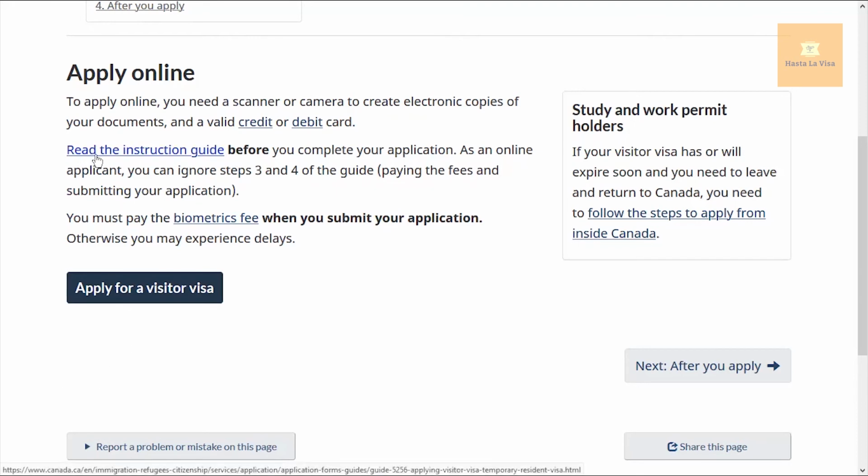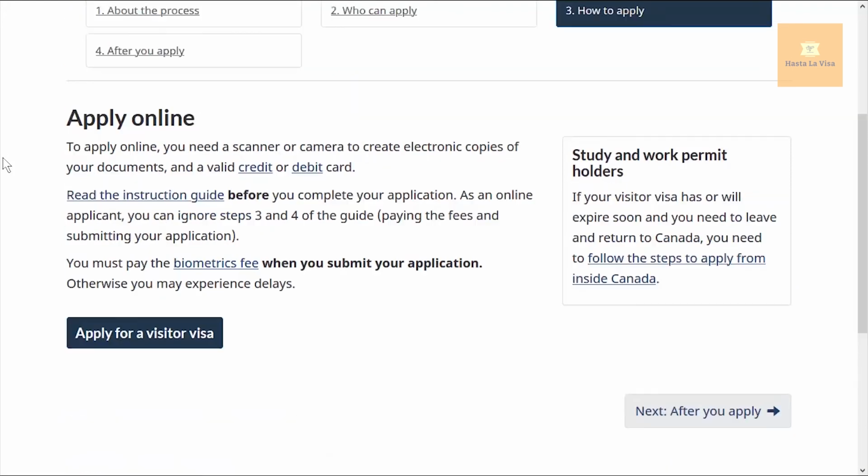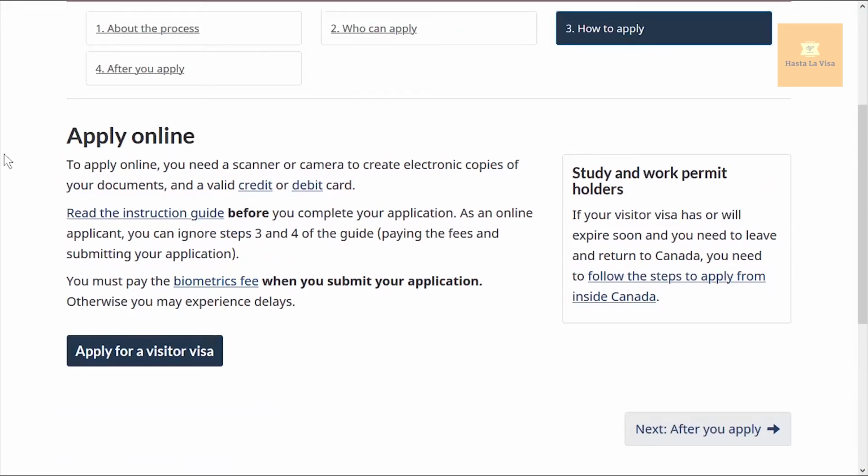There is also an instruction guide here. It is highly recommended that you go through this instruction guide before you start your application process. Also, please note, in case you have previously submitted an application, then you might not be required to do the biometrics, because usually once you submit the application, you will do the biometrics. And once the biometrics is accepted by Canada Immigration, they will send you a confirmation letter confirming that they have received your biometrics, and it is valid for a period of 10 years. So you might have received such a letter from Canada Immigration. You can use that while you create your application here.